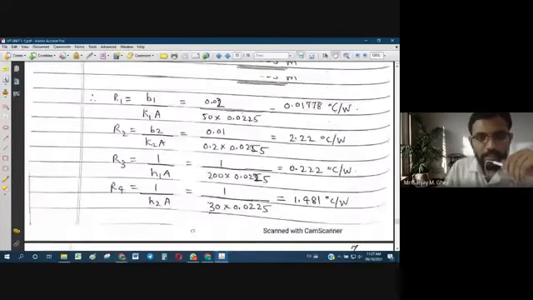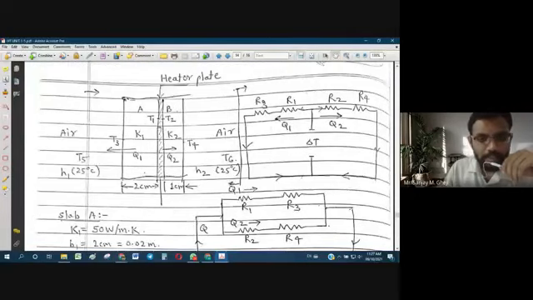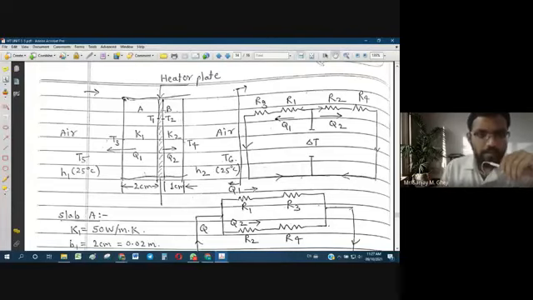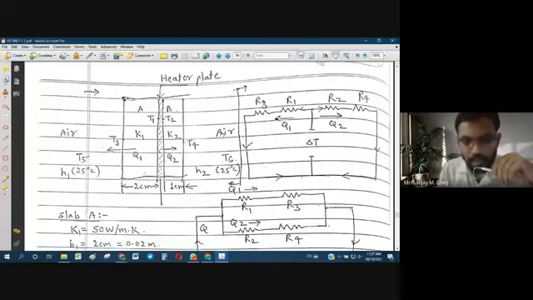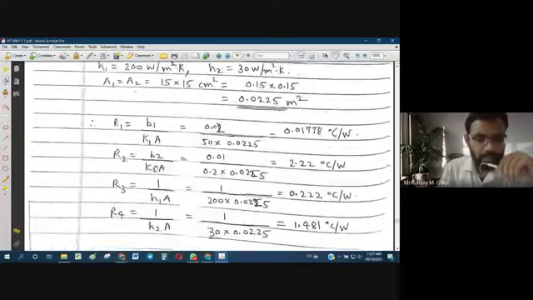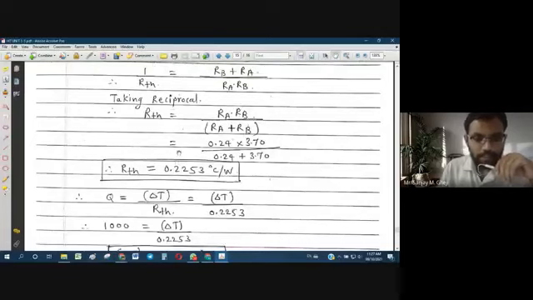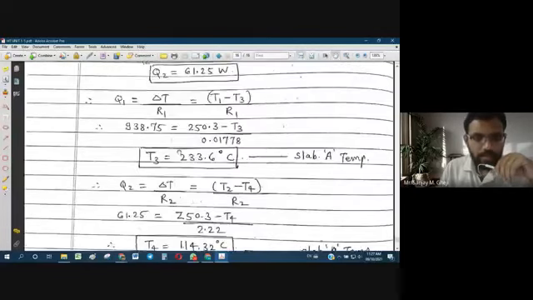That is being generated at the center location of this heater plate. So the temperature at this location will be 250 point something degrees Celsius, and on both sides, because of this temperature difference, at the center plane it is 250, and on this side it is 25, this side it is 25. Because of this huge temperature difference, heat transfer is taking place. But it will be unequal because of different resistances on either side.